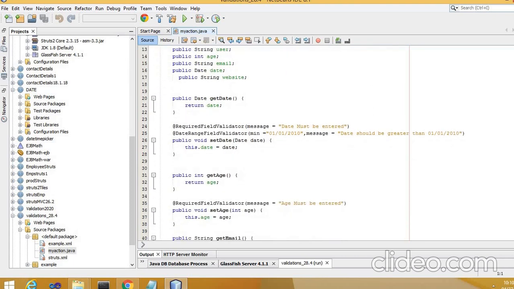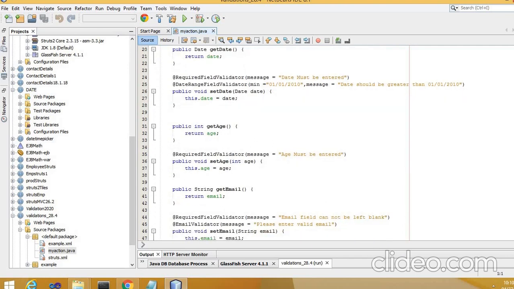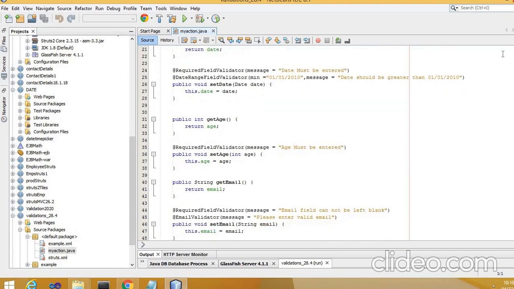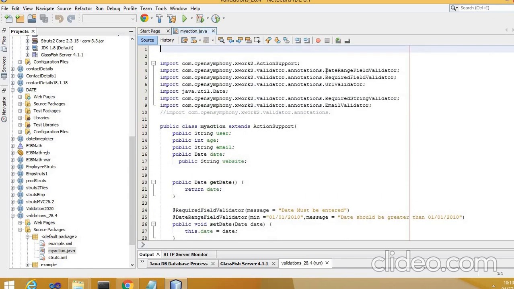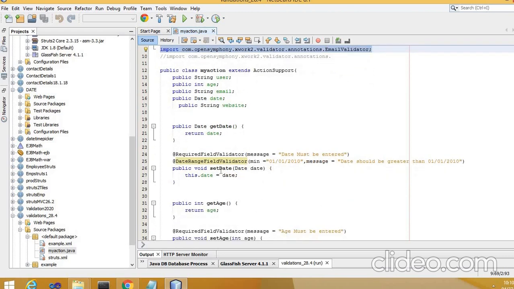So here you can see date range field validator, required field validator, URL validator, required string validator, and email validator. Before set date I have given required field validator, date must be entered, and date range I have added afterwards.